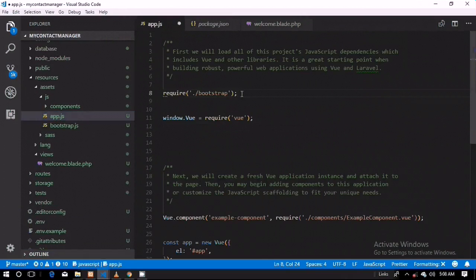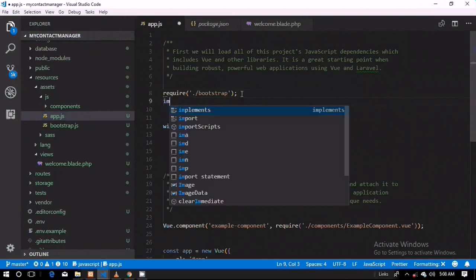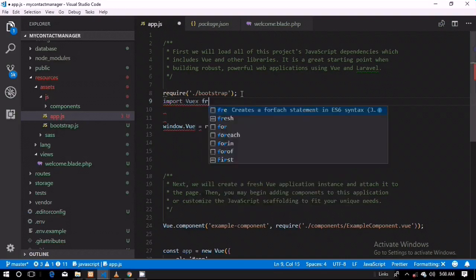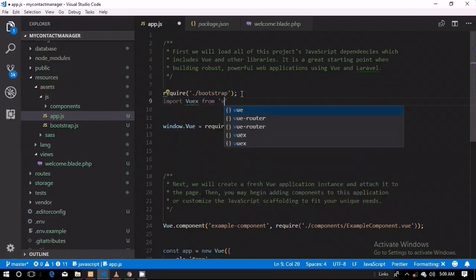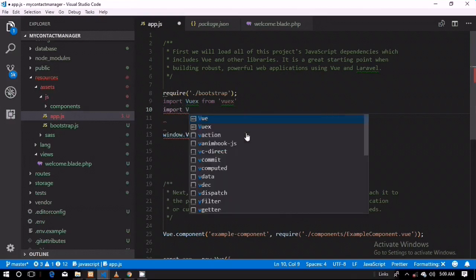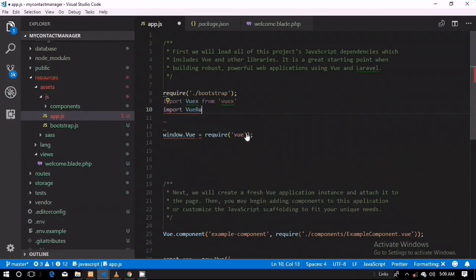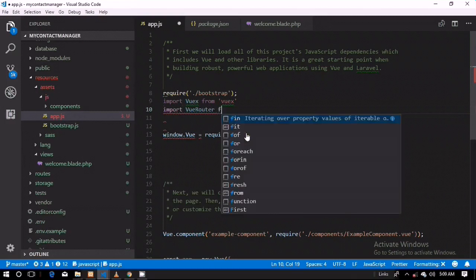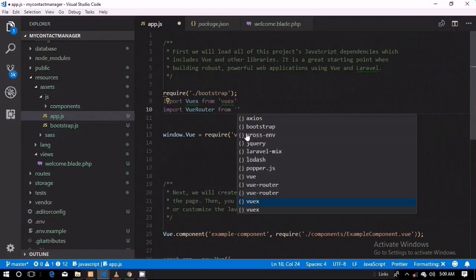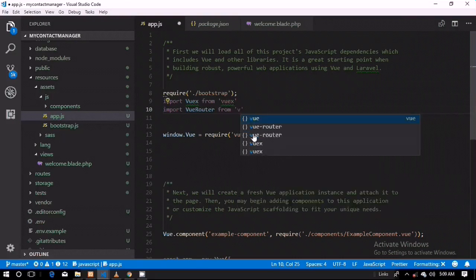First of all, import Vue router and vuex. Vuex, then we import Vue router from Vue router. When that's done,